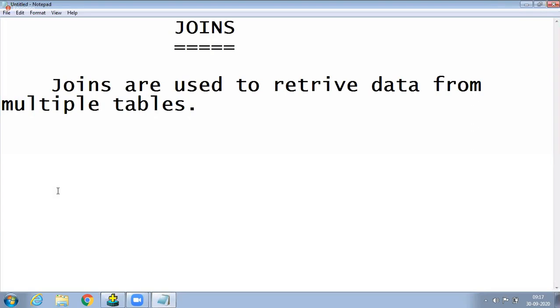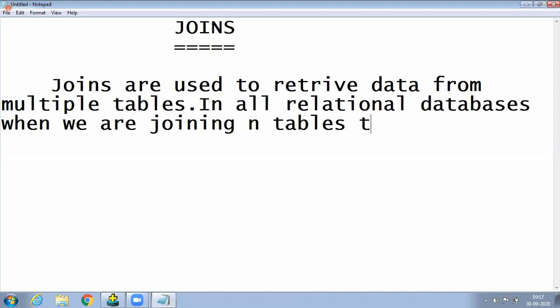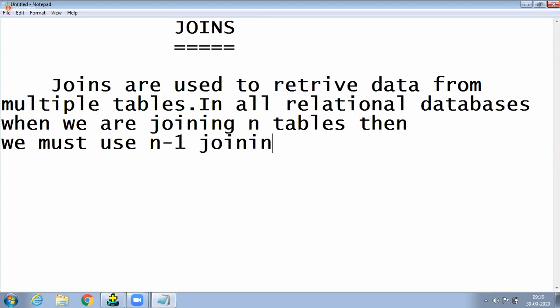In all relational databases, when we are joining n tables, then we must use n minus 1 joining conditions.